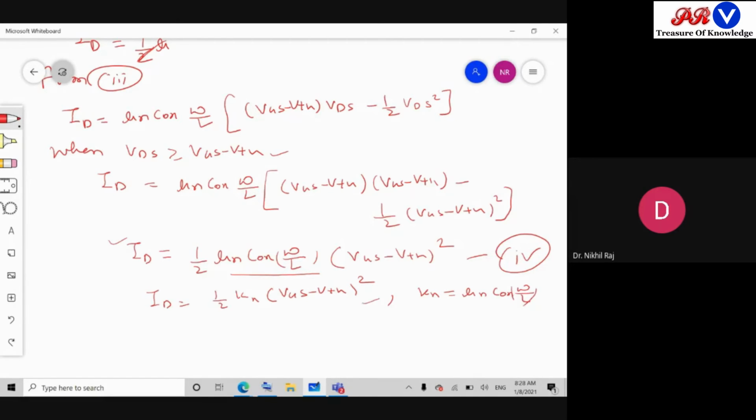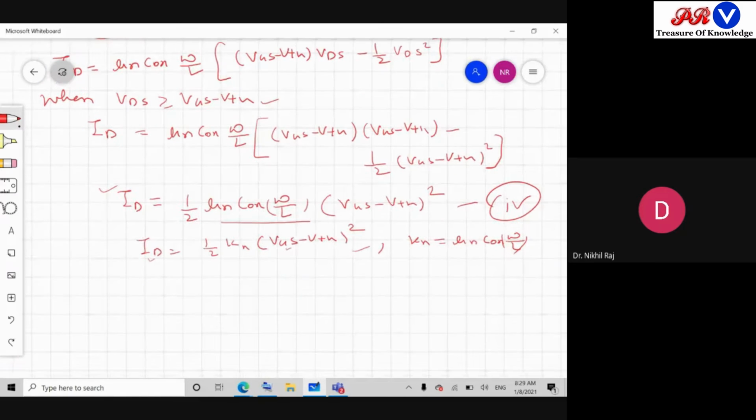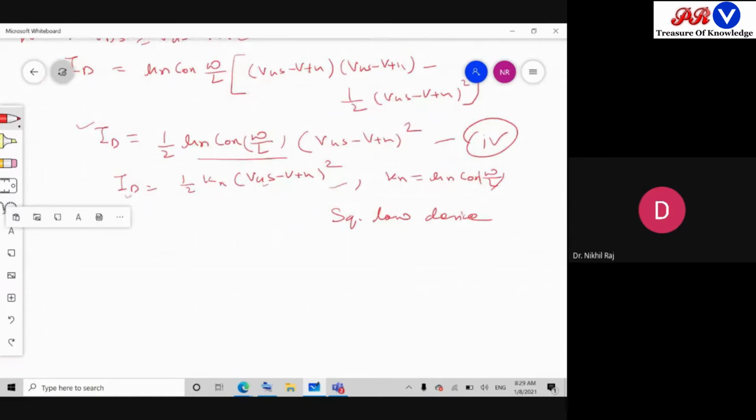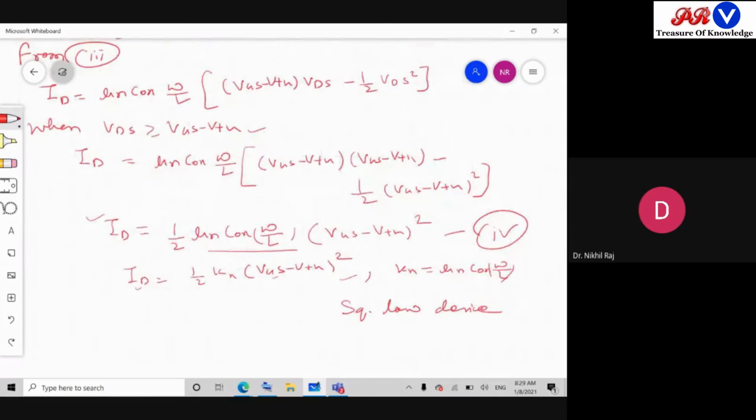Okay. So what we see here, it becomes a square law device. In saturation we see the ID generation depends upon VGS in a square law form. So that's why the MOSFET is also known as a square law device. It is also renamed as a square law device. This is the first condition where we got that ID is proportional to VGS minus VTH whole square. Now the second condition is when VDS is less than VGS minus VTH.